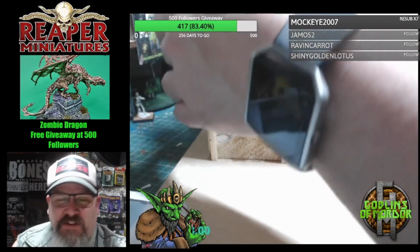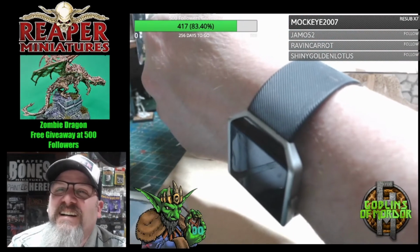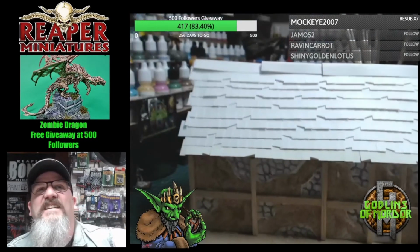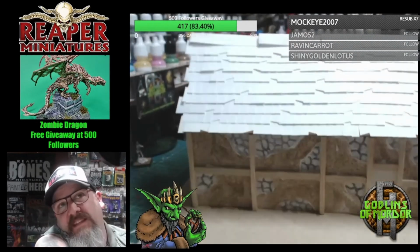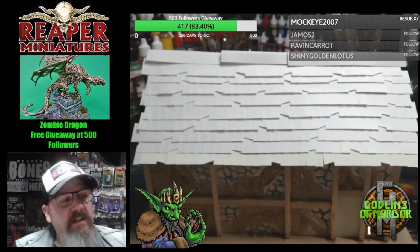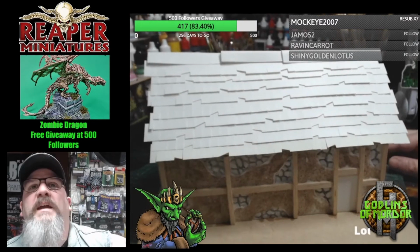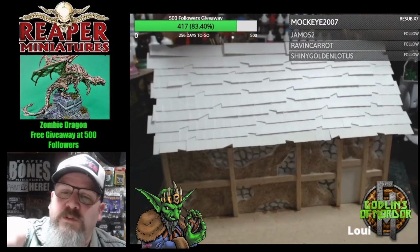There you go. So, like I say, there we are, a lovely little roof. If you use your imaginations and imagine what that would be like all painted up, and once this is glued down,